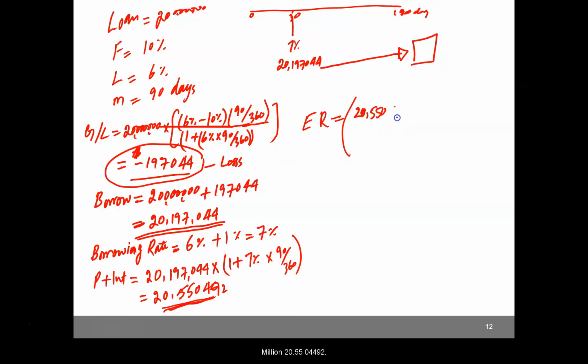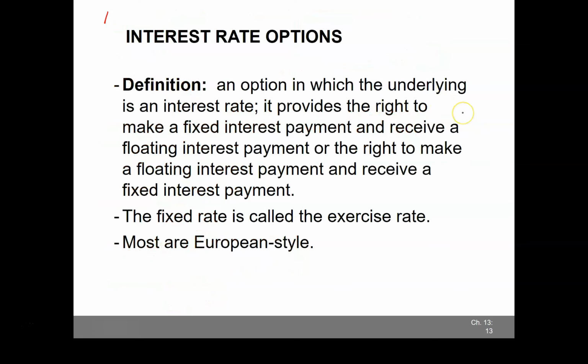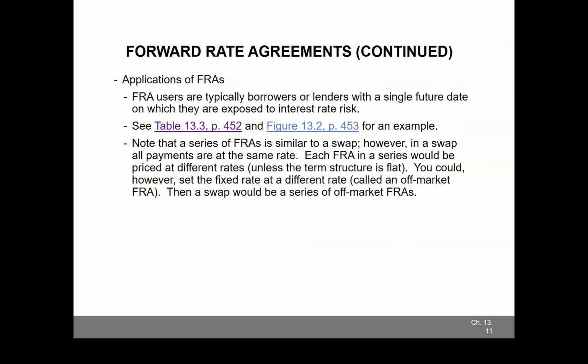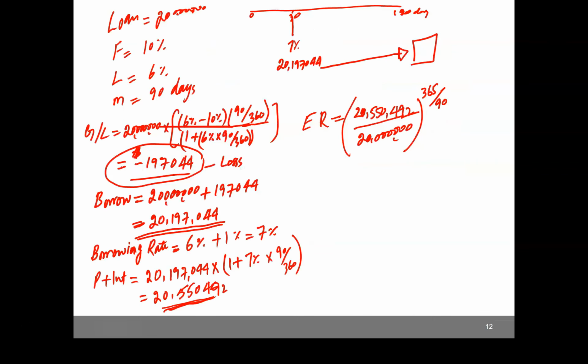20,550,492 million, 20.5504492 million by 20 million, and raised to the power 365 divided by 90, and minus 1. Now there are two things that you must be careful about when you calculate the effective